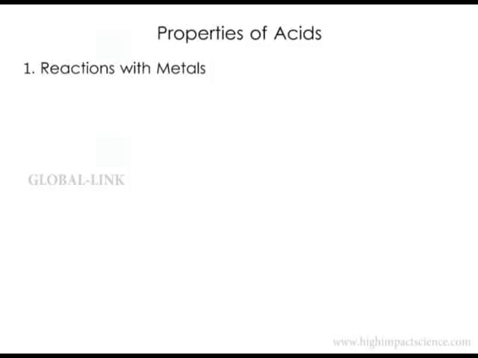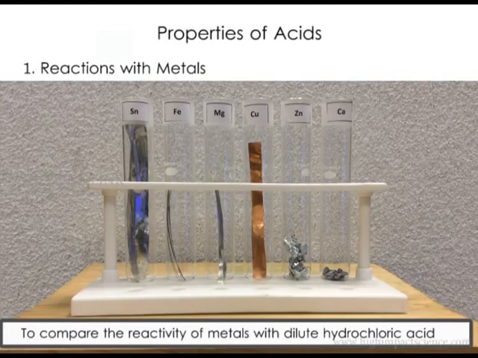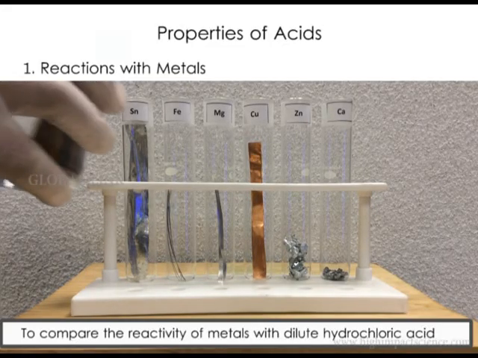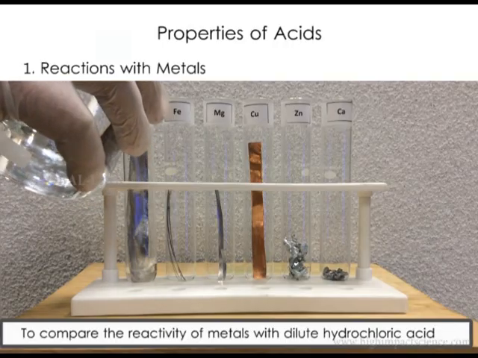Now, properties of acids. We start with reactions with metals. Now, in this experiment, we will add dilute hydrochloric acid to these pieces of metal in these tubes. Tin, iron, magnesium, copper, zinc, and calcium. So now we put some dilute hydrochloric acid in the first test tube,